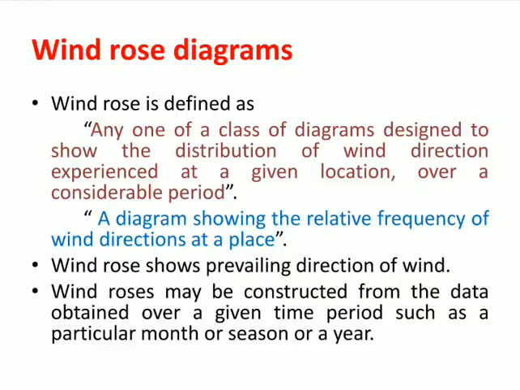A windrose is defined as any one of a class of diagrams designed to show the distribution of wind direction experienced at a location over a considerable period. And one more definition for the windrose diagram: a diagram showing the relative frequency of wind directions at a place. It means in each direction